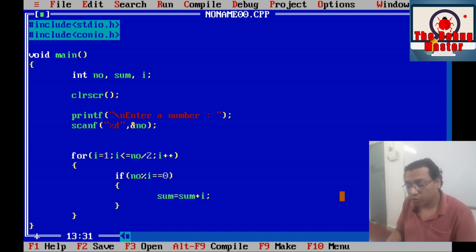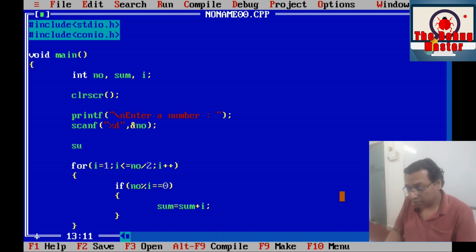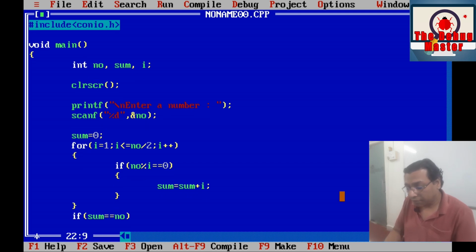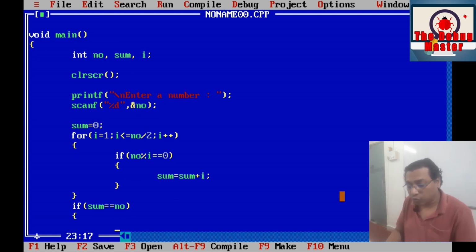We don't want that, so we simply initialize it to 0, and for the first iteration sum is 0, 0 plus divisor I will be performed. Finally we check if the calculated sum is equal to the original number. If this is true, that means the number is a perfect number.